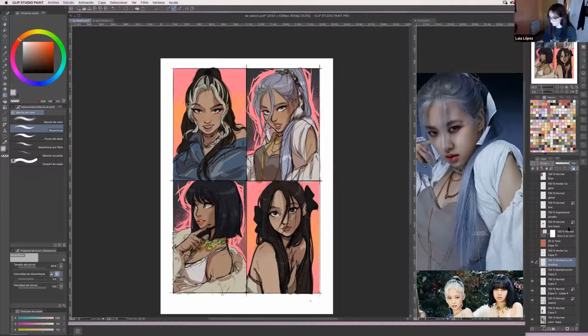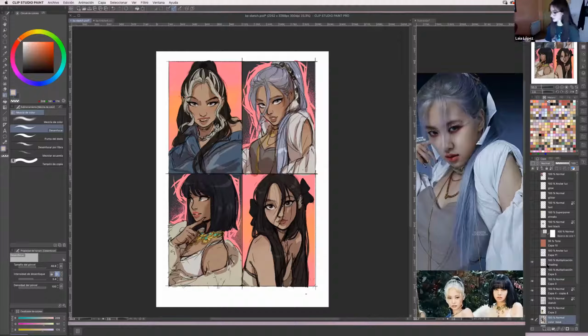No, wait, not everything, hold on. It's the color first, then goes the sketch, and then I put the shading on top of the sketch layer, yes. Sorry, sometimes I really get confused with my own art process because, not gonna lie, most of the time I really don't know what I'm doing. So it's just pure intuition and trying how everything works and what works best.